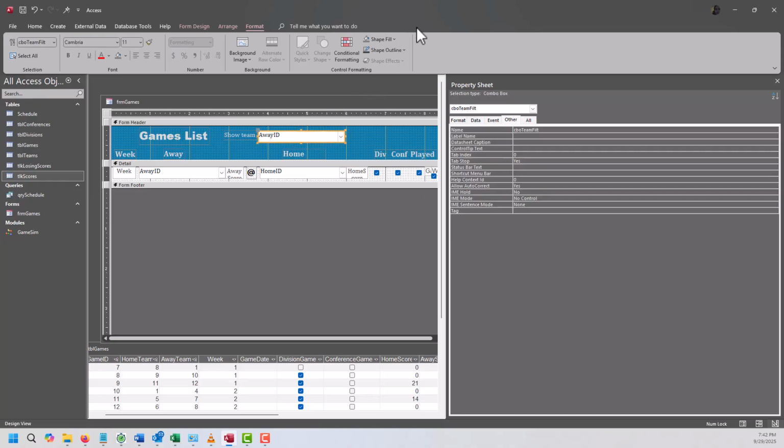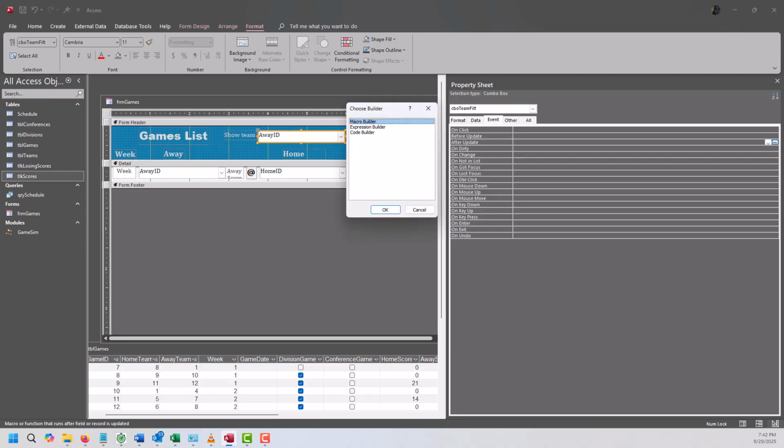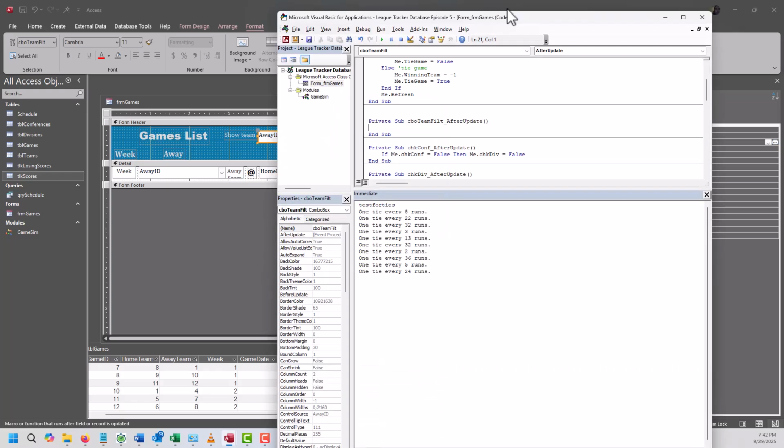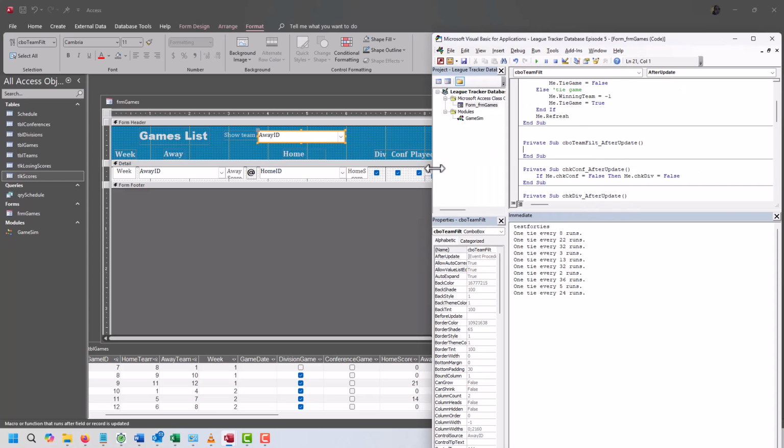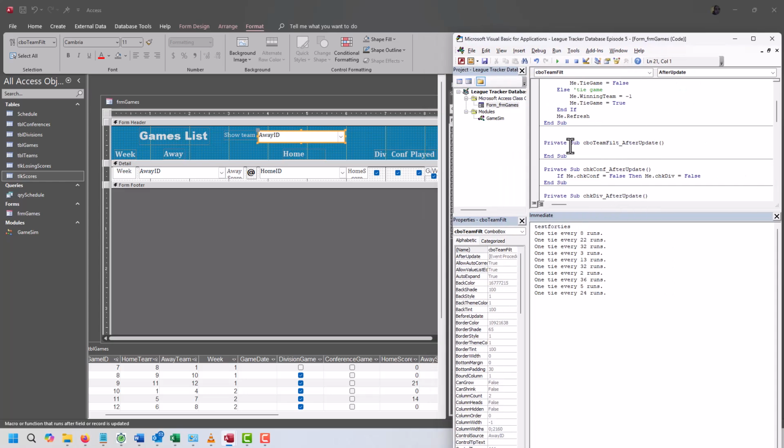And what we're going to do is we're just going to show every game where this is either the home or road team. And I'll just do a quick, simple after update. And if we want to do a more sophisticated search, we'll put that in later. Just something we can squeeze in at the end of the episode here, because I wasted so much time with all that test function, right? Okay. So what we're going to do is,